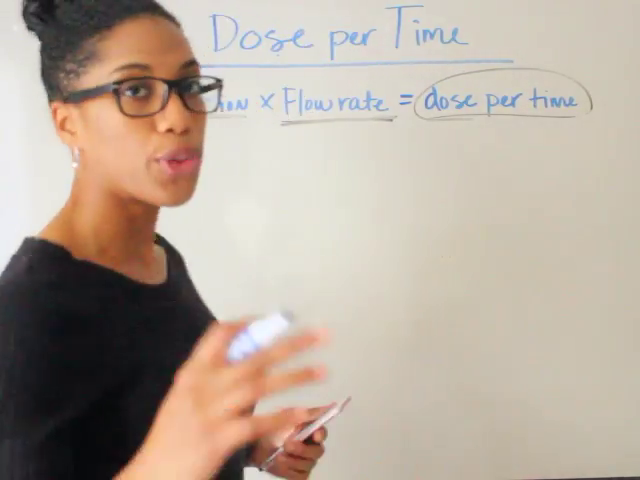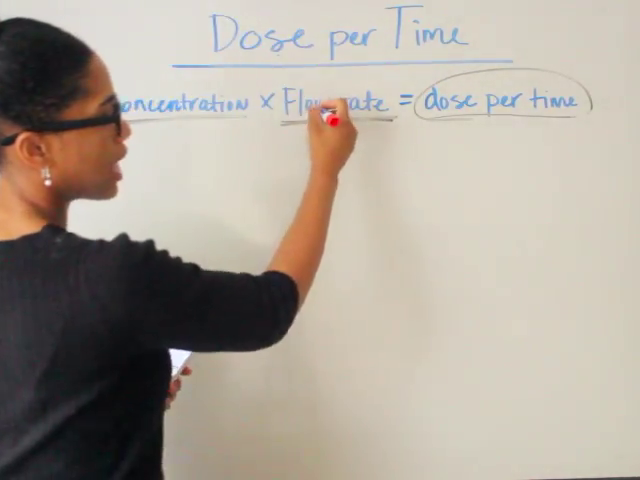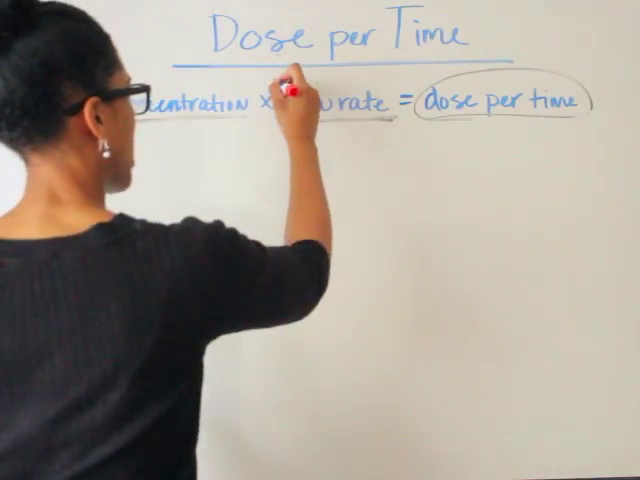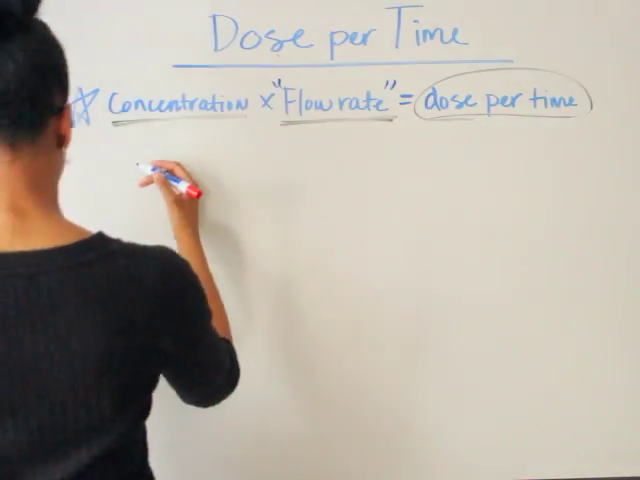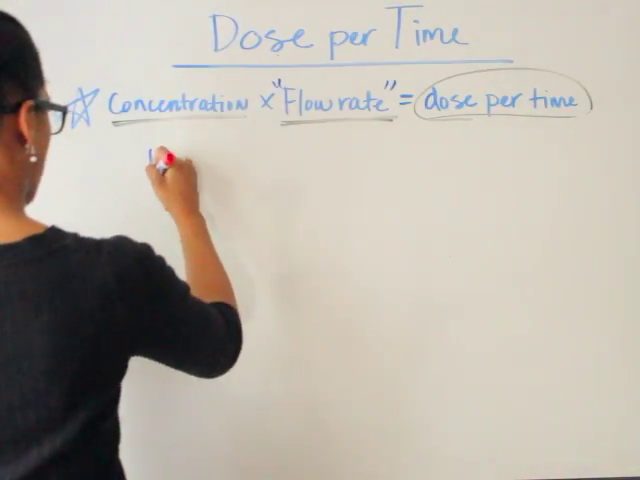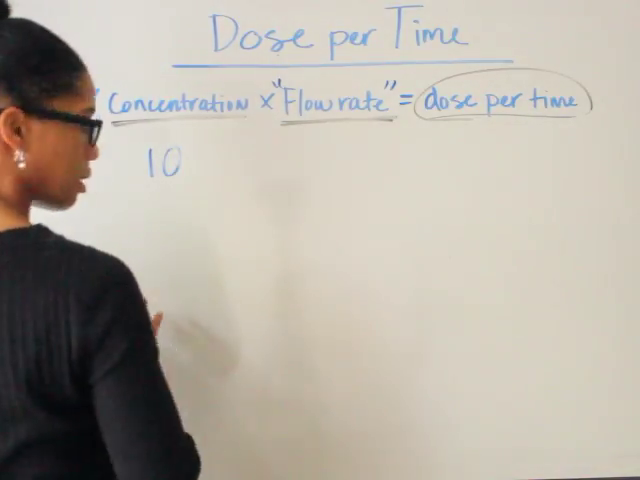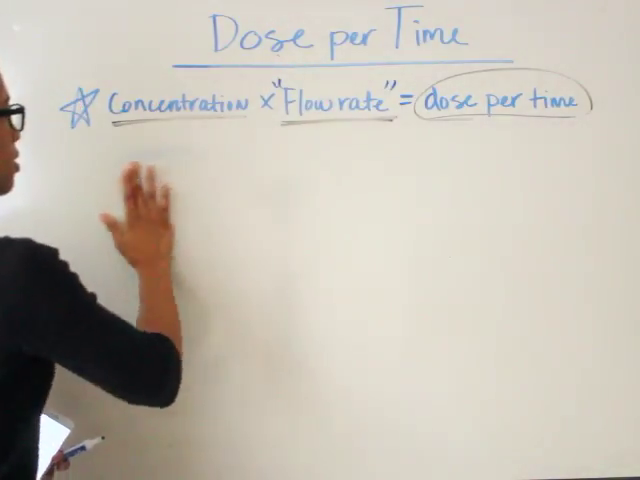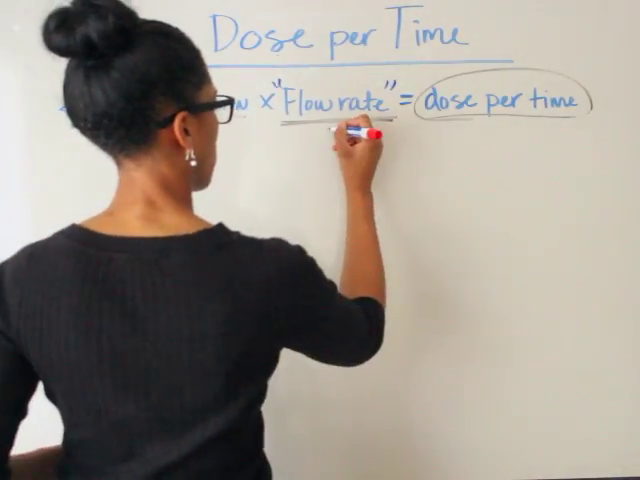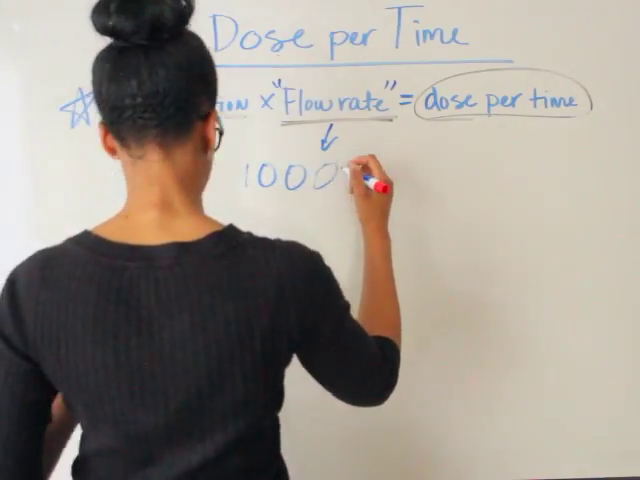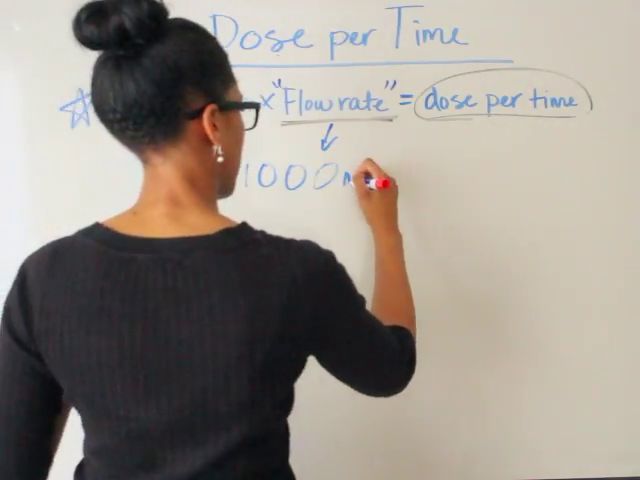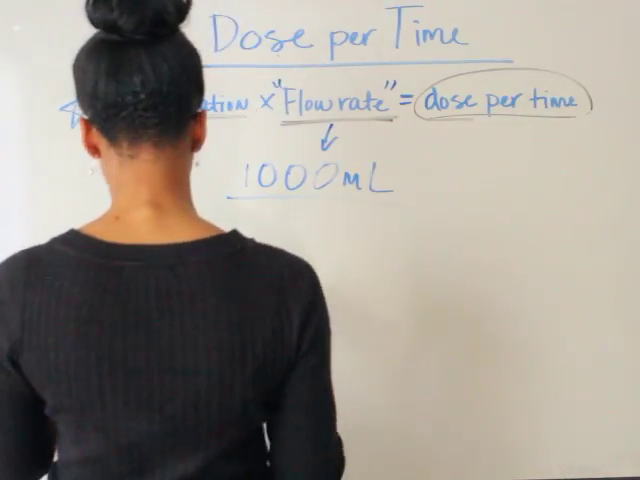When it asks for the rate, that's the same thing as flow rate. Same thing, just terminology. Let me write it here so I don't confuse you. So let's say we have the 1,000. It says we have 1,000 milliliters, and it's running over